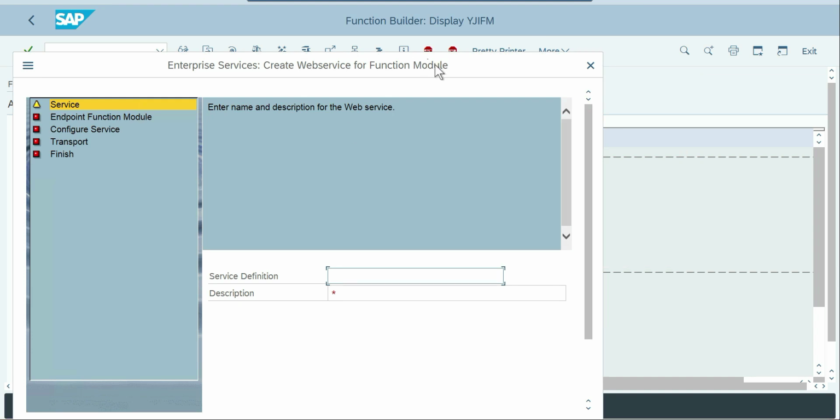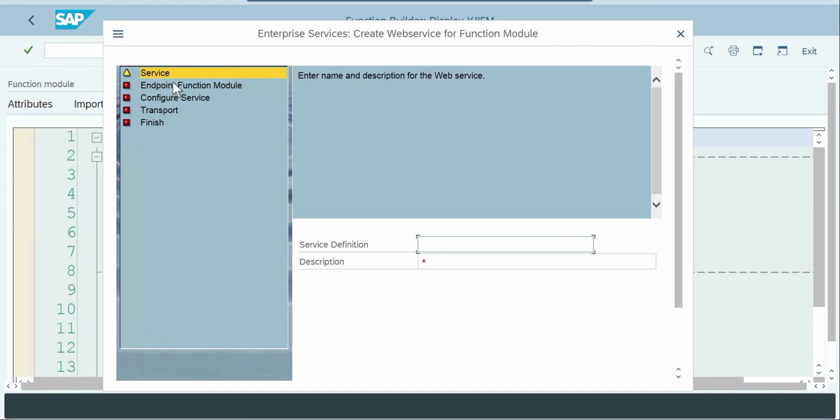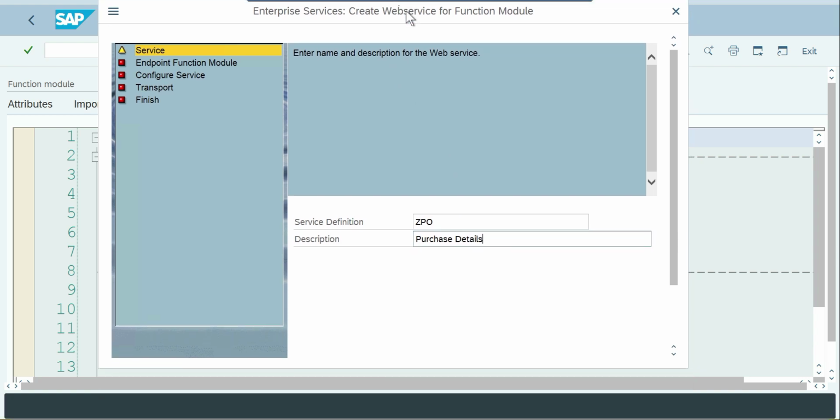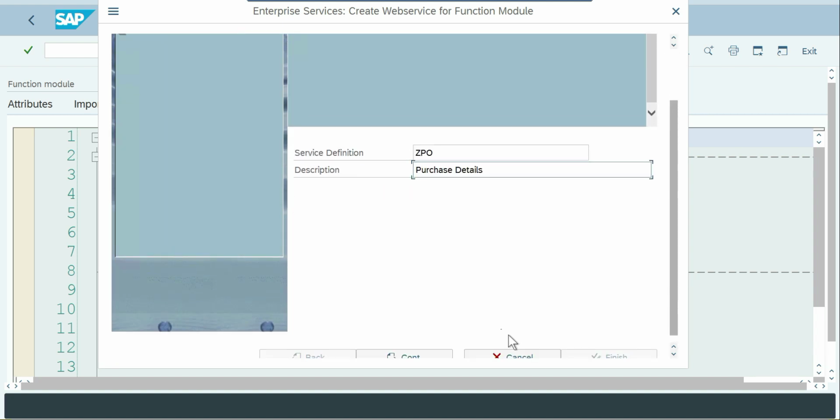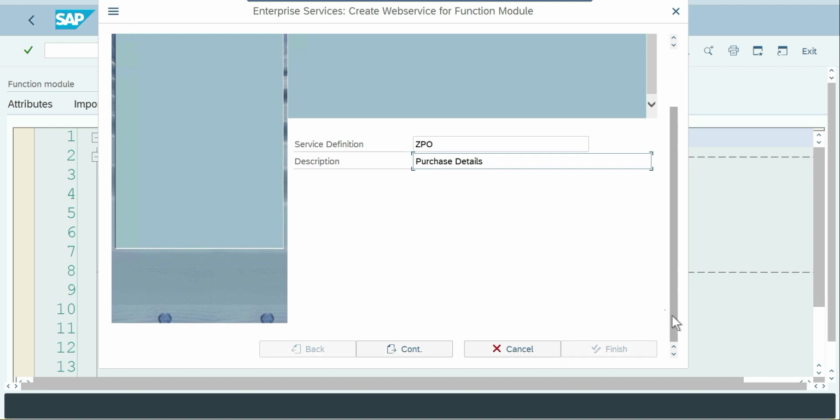Okay, and this is the wizard. These are the steps we have to continue or follow. Service definition. So my service definition is ZPO and description, purchase details. Okay, and here it is continue,